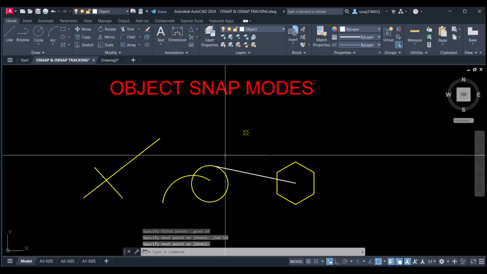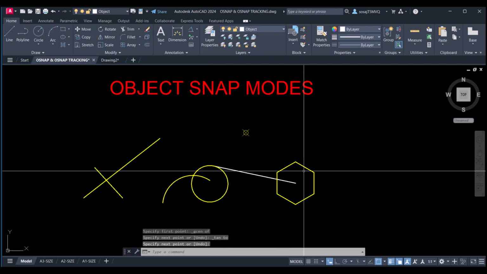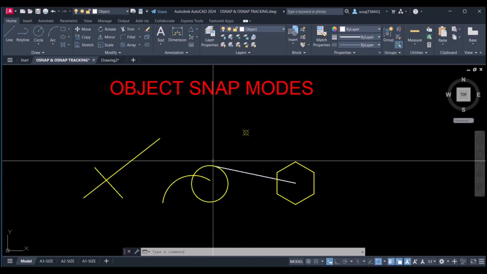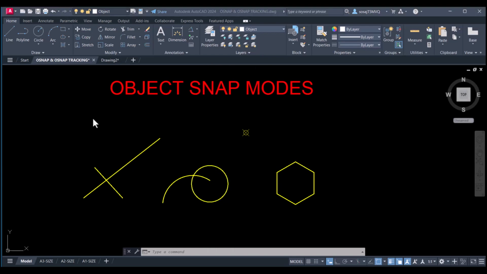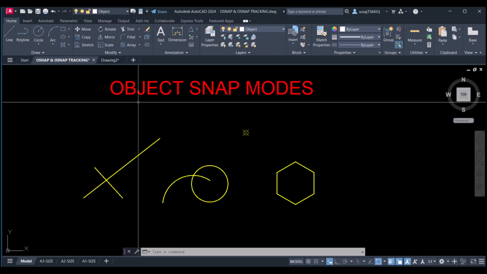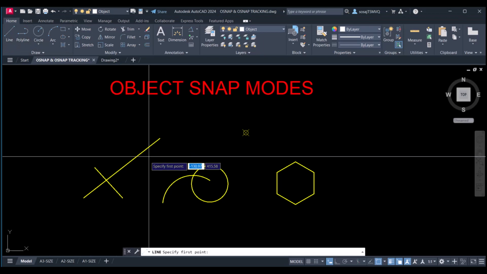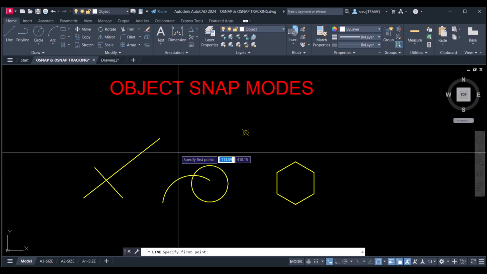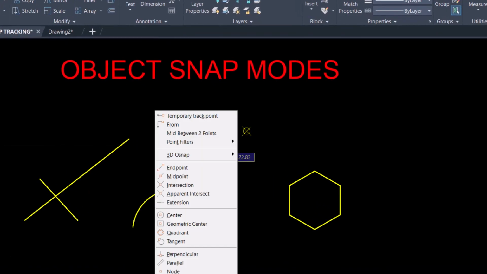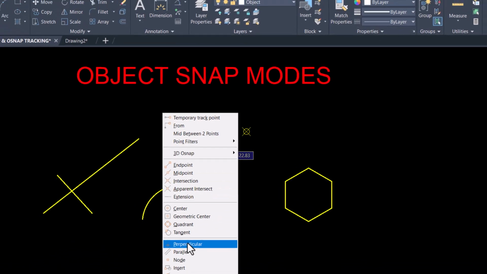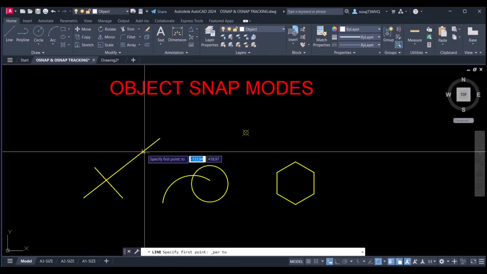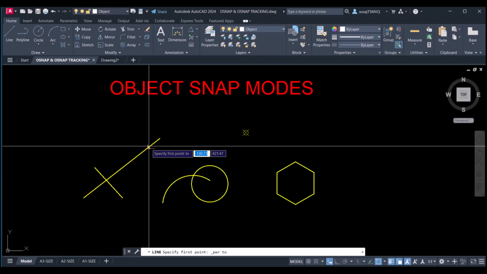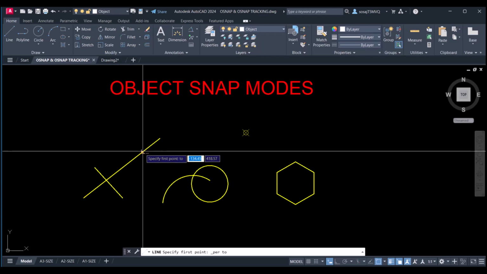Click, and we have the line from the geometric center of this hexagon to the tangent of this circle. Another OSNAP is perpendicular. Let's draw a line that is perpendicular to this line. If we use snap override, press the shift key, right mouse click, and select perpendicular, then you can draw a line anywhere along this object, in this case the line, and it's going to be